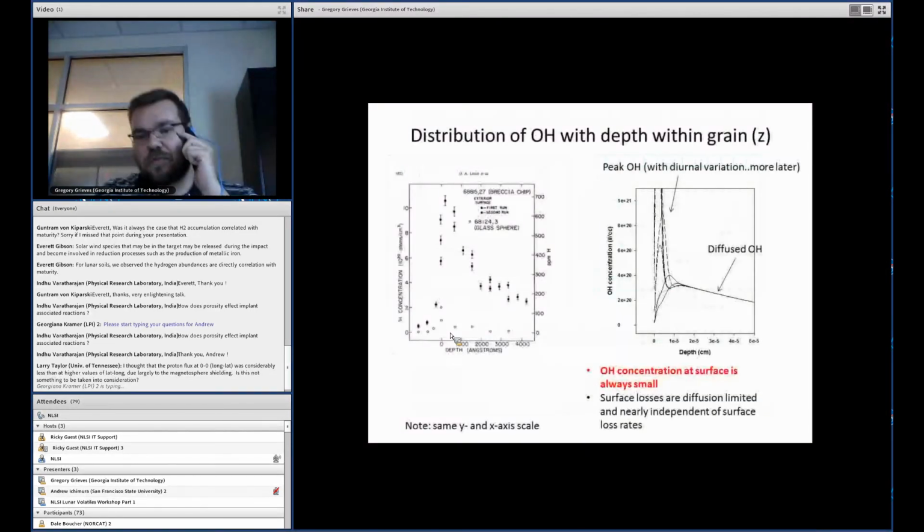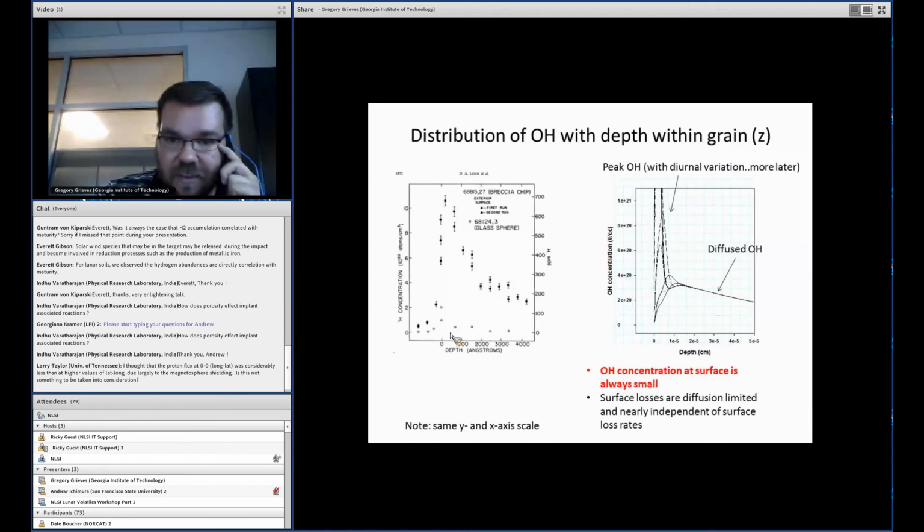And so here is a depth distribution of the OH at the equator shown on the right, and it's compared to some depth profiling measurements on actual lunar regolith samples. And you can see there's a qualitative